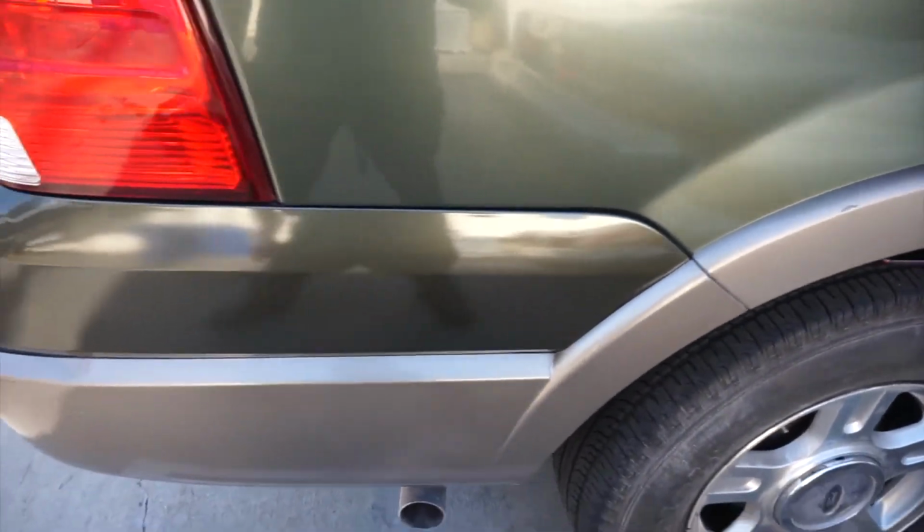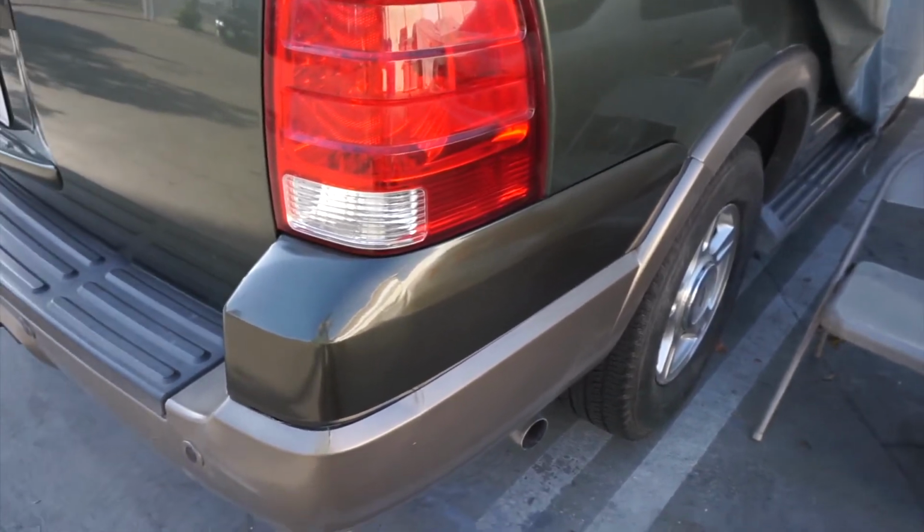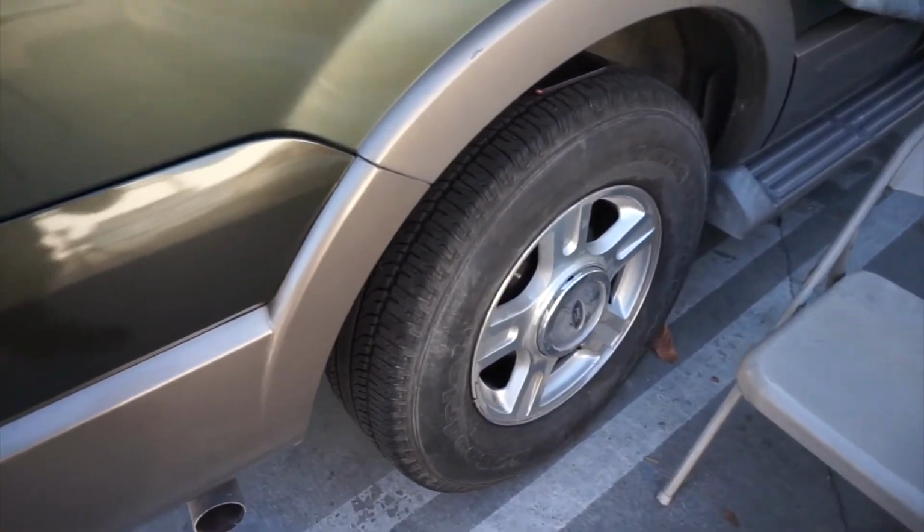This seems more like a green, and this is like a more seaweed green or something. But yeah, they like it though, so that's all that matters. And plus, I got a little slight overspray in some areas. If you look at the tires,